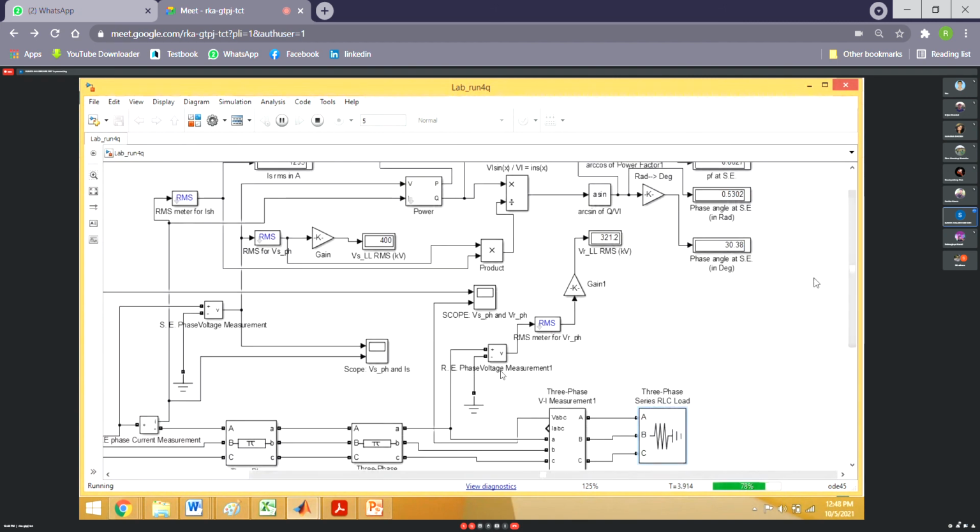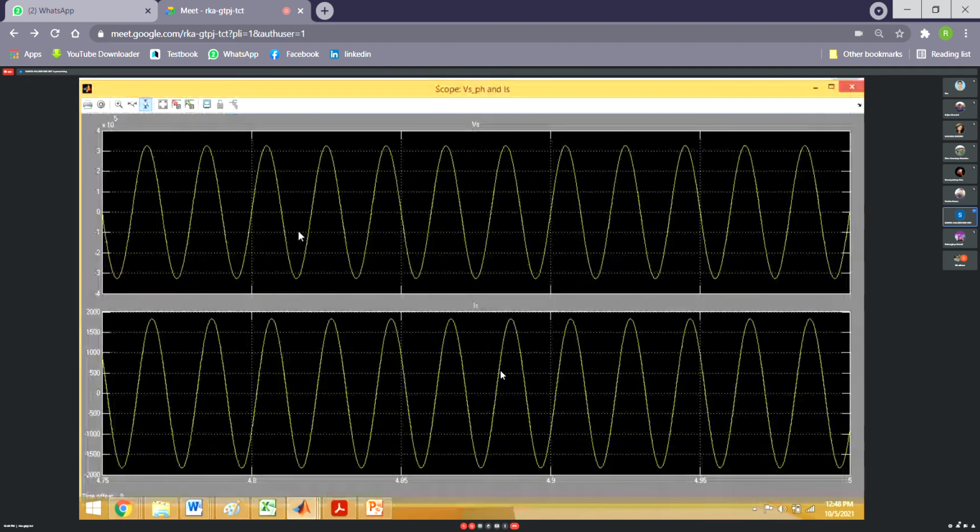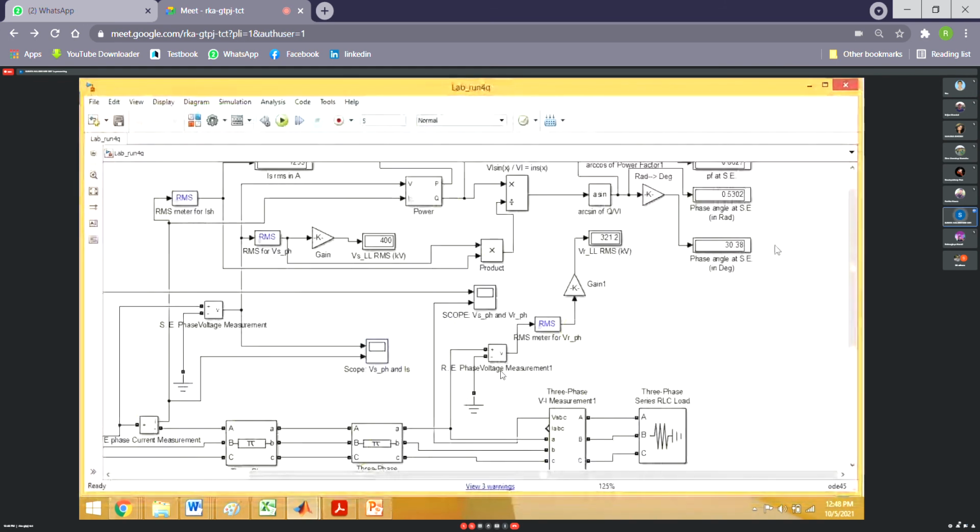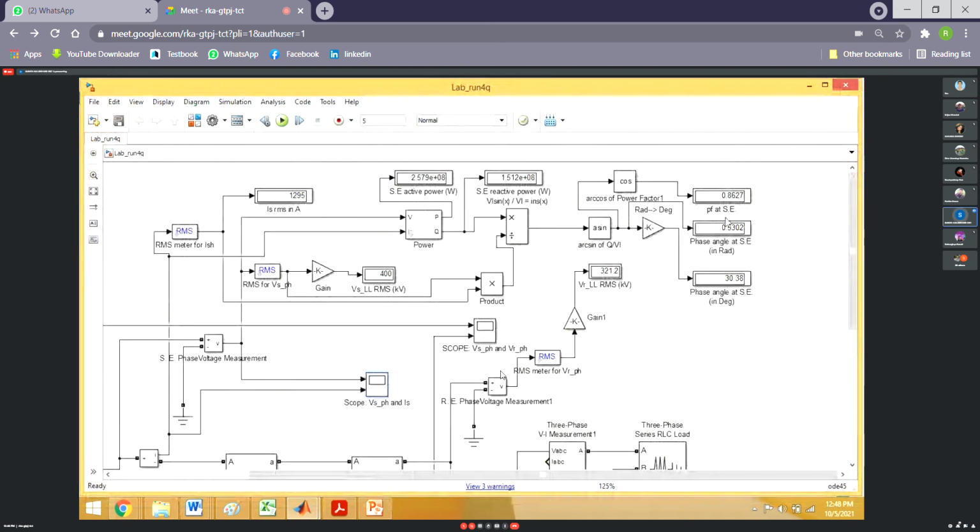Only for your verification. Now you see, if we increase it far higher, the power factor at the receiving end